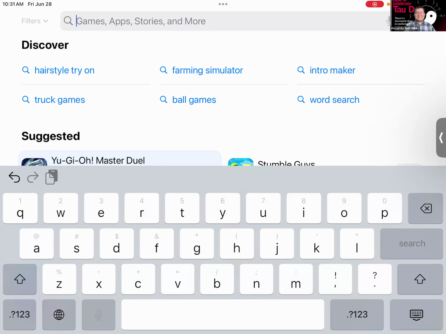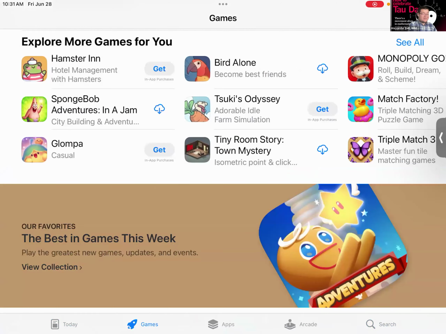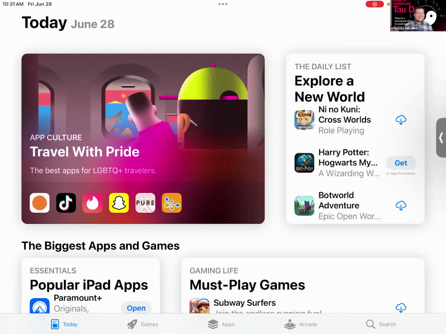The possibilities are endless. So again, we're going to use the search feature today just to showcase how to access the different apps we'll be talking about today. But again, this is the App Store. So I hope to see a lot of hands if you utilize the App Store to download an app. If you're going to explore more after looking at this presentation and just seeing the different possibilities that you may have, please raise your hand in Zoom.